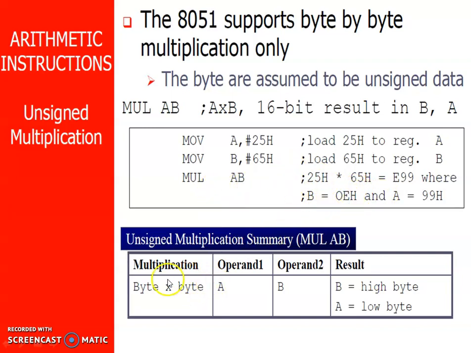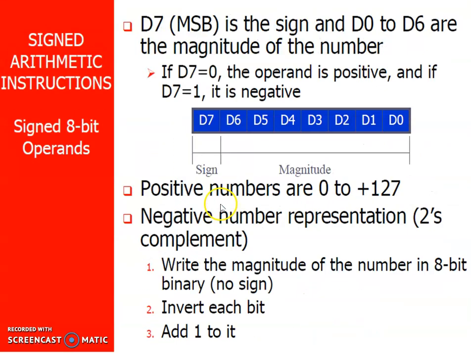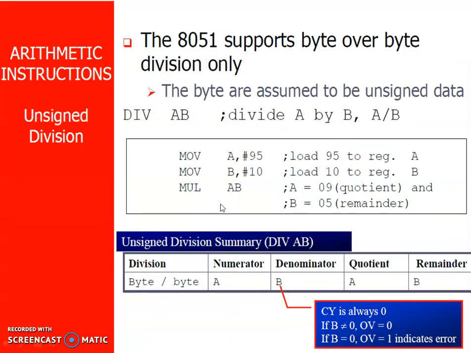So we have seen the example here. It is the summarization of the instructions. So byte into byte multiplication: first operand is A, second operand is B, and the result is stored in this manner. In the same manner, this is about division, and